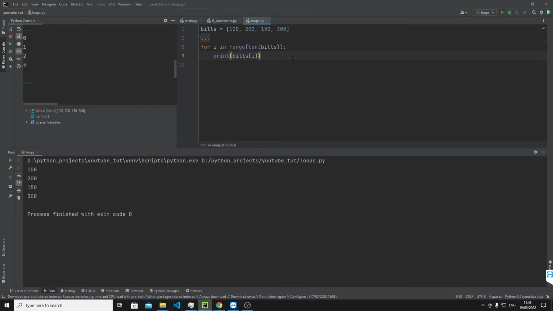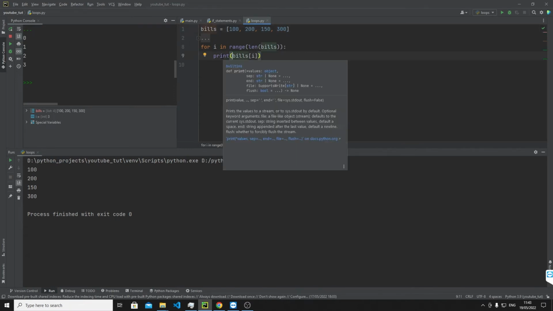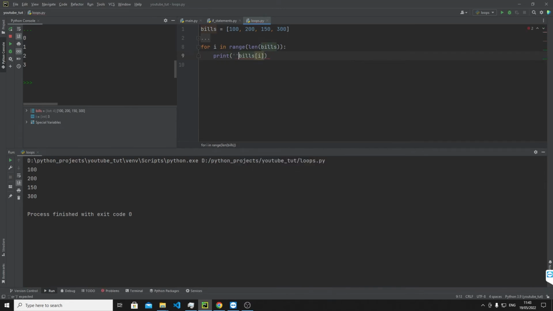So we know that the i is equal to the index value, and we know that each one of these index values is equivalent to a month, right? So this is the first month of bills, this is the second month of bills, this is the third and the fourth. So let's just use that and manipulate our data to show it in a more readable way. So let's say bill for month, let's say i, let's say the cost is